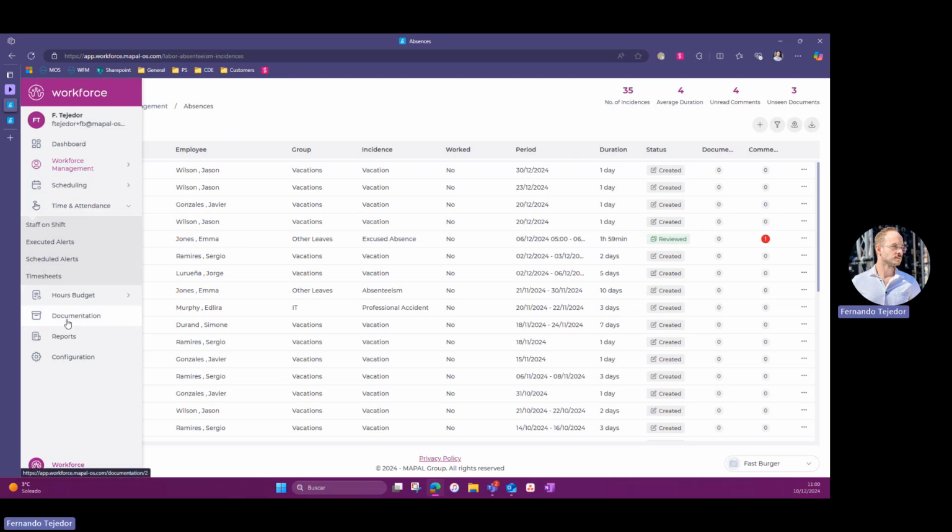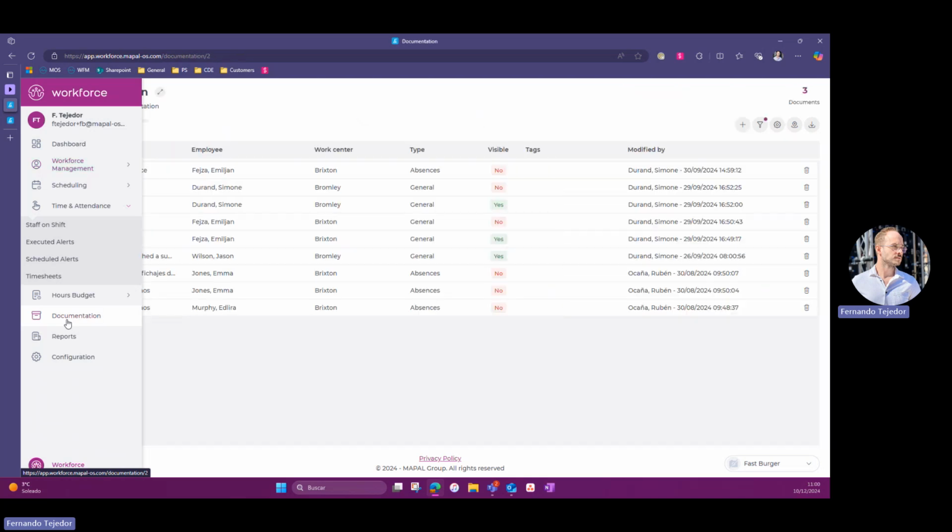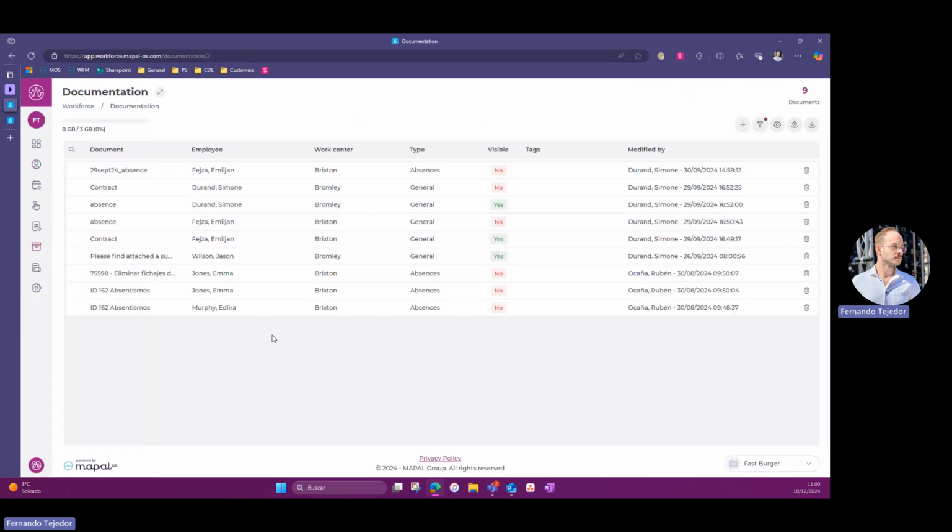The documentation feature is going to allow us to send documentation to our employees or simply store documentation in our system. Here we're going to see all the documents that we've got attached to our different employees, the employee that has the documentation attached, the work center of the employee, and the type of documentation we have attached, if it's general or absenteeism documentation. Here you can mark yes or no if you want the employee to view that documentation